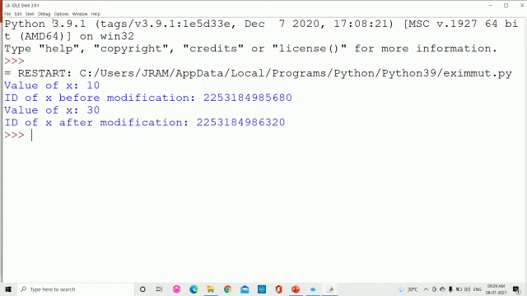In the first case the last three digits were 680, and in the second case, after you add, there is a change. So the ID changes, and the value which was created first would be discarded by the garbage collection mechanism. Hope you have understood. These are the immutable properties. We will see the mutable properties in our next meeting.